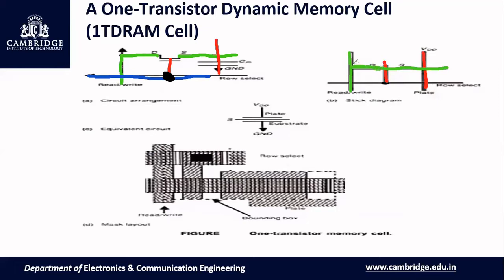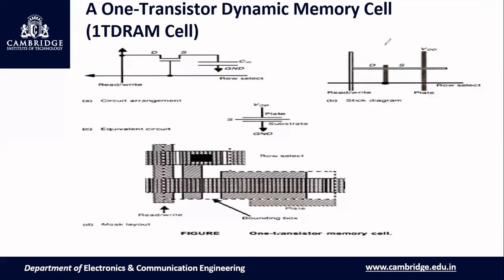Here, why I have drawn the diffusion like this: in order to take the connection of the read or write line, I have extended this diffusion. Read or write is another control signal. For metal we'll take blue color, and that is nothing but row select. And where a contact is required, you make a contact. So your stick diagram will be a replica of your circuit diagram. Understood?